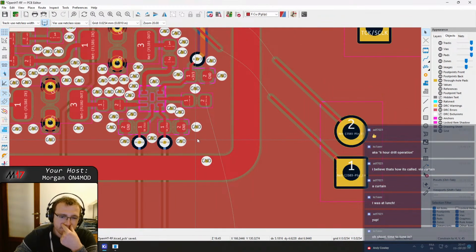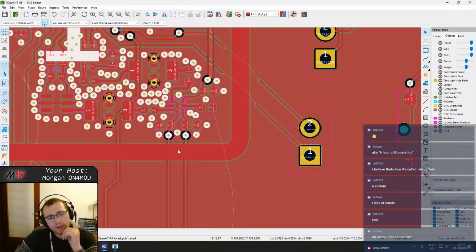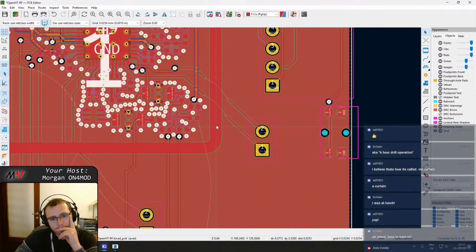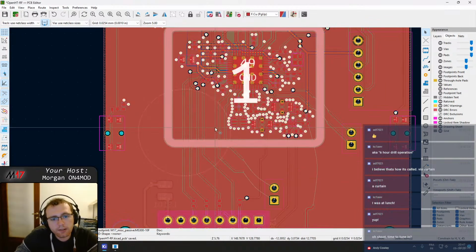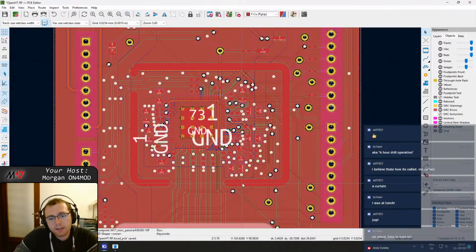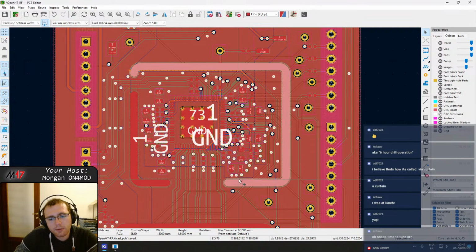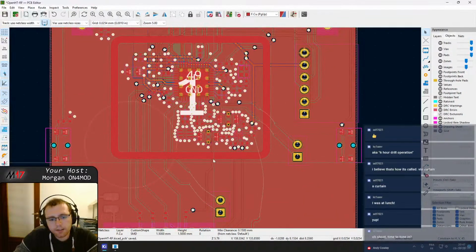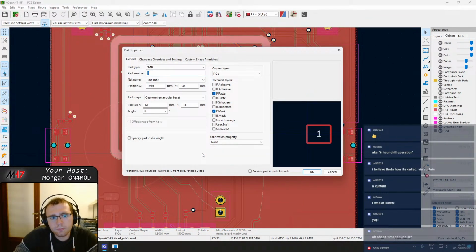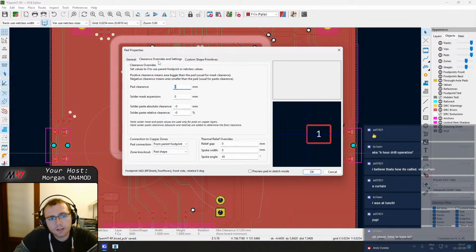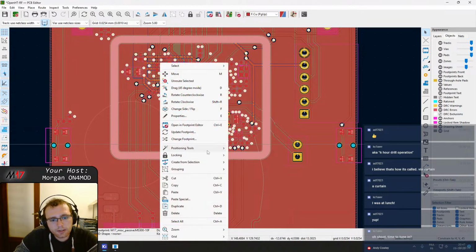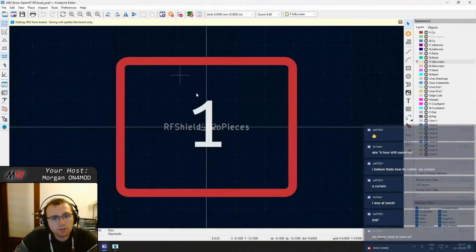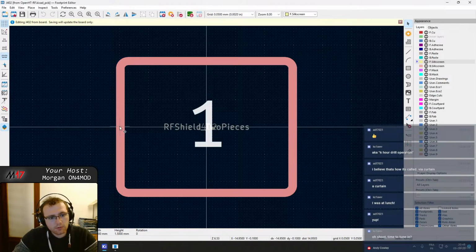Okay, so now we need to do an opening for the RF track. And so for that we are gonna have to edit the footprint. So this, for example, is not the footprint in the library. I made the footprint in the library and then I edited it, so it's just the footprint on this board, not in the library. So I have to edit the footprint. Open in footprint editor,